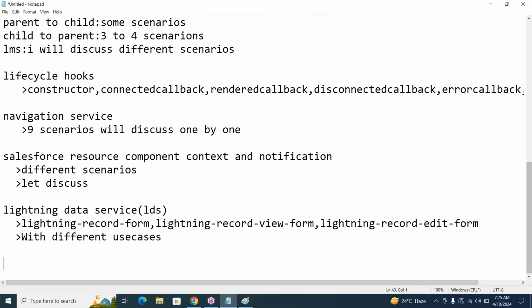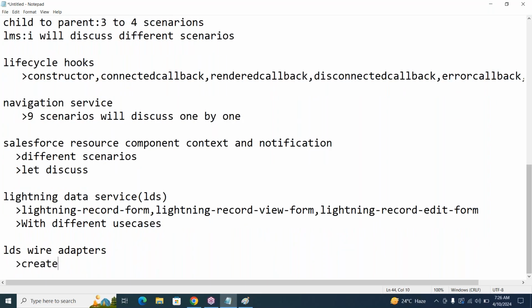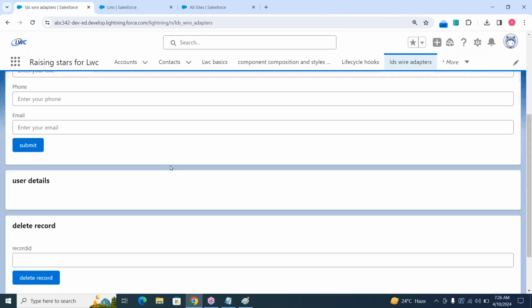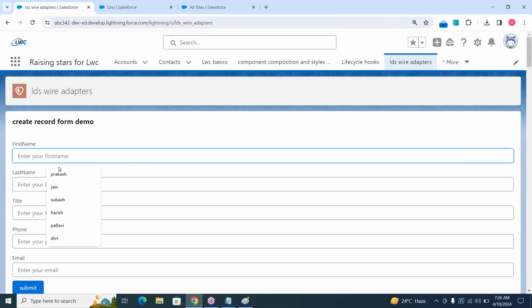After completion of this, I'm going to teach about book listing and how to integrate with it, and LDS wire adapters is also one concept. Here we have three functions: create record, update record, and delete record. When I'm discussing LDS wire adapters, let me try to